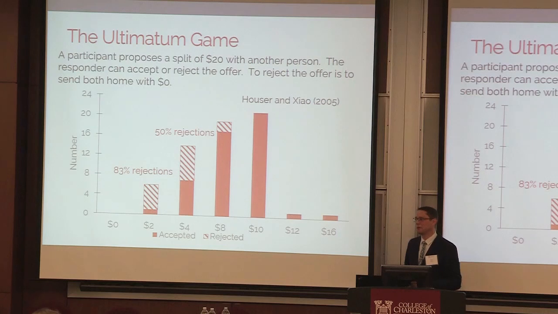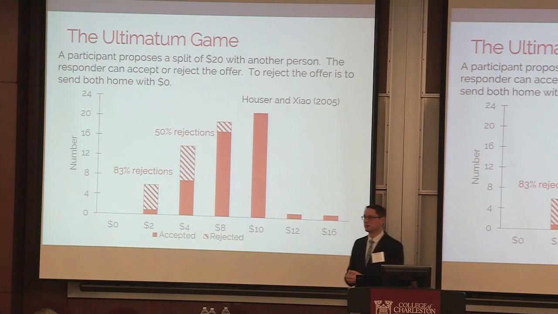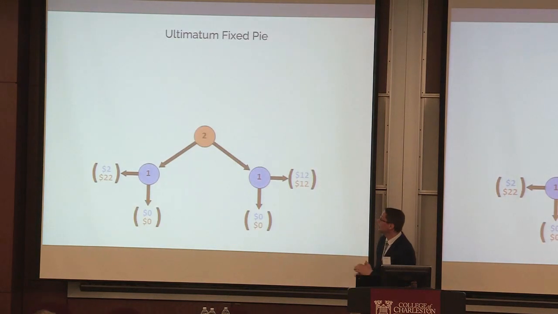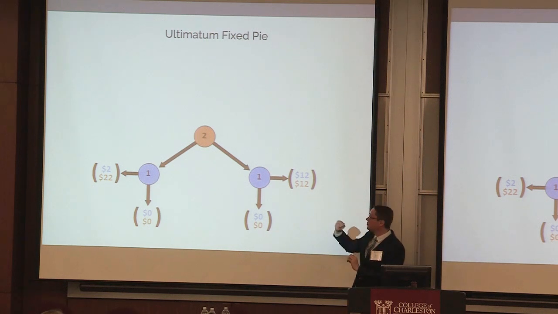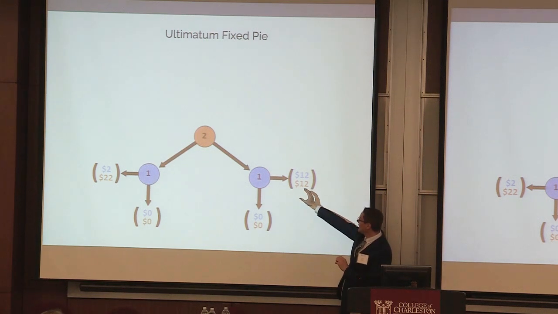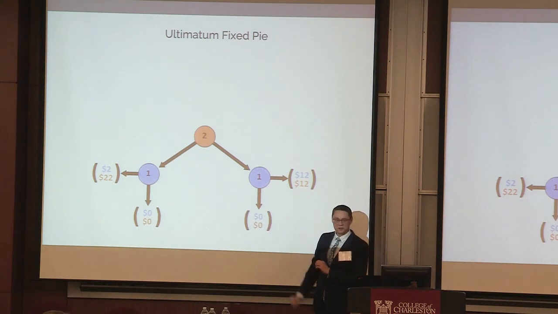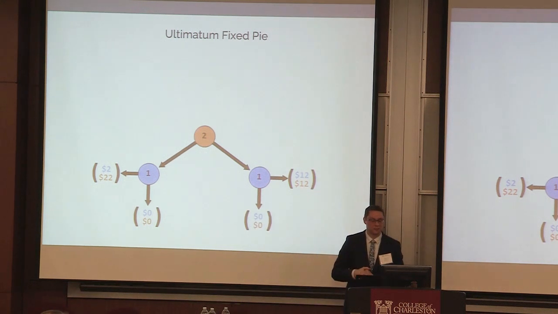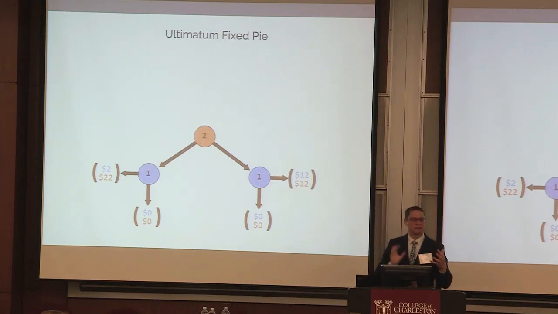How many times do we go into a relationship with another person where we didn't do it voluntarily? We didn't consent to doing it. So I came up with this version of the experiment. I want to start with simplifying it just in these two-person games. Person 2 here can either split the $24 equally, or take $22 for himself and only $2 for person 1. That would be the basic ultimatum game.